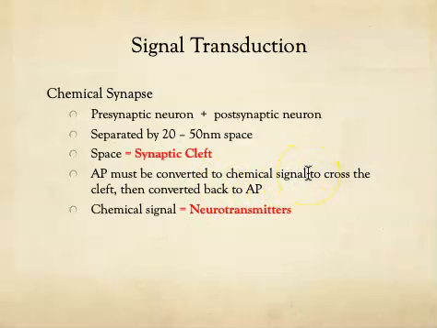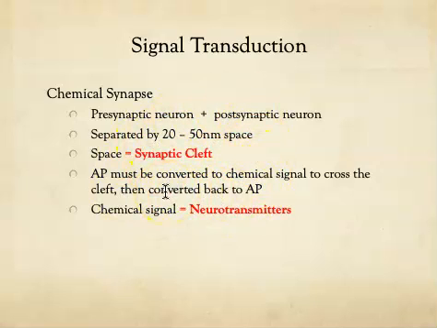It's the chemical that's going to cross the synapse, cross the cleft. And then when it hits the postsynaptic membrane, it's going to be converted back into an electrical signal. So you can imagine that transmission through a chemical synapse is slower because we have this transduction event that has